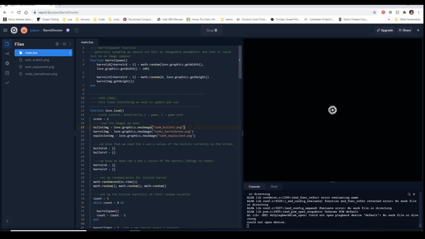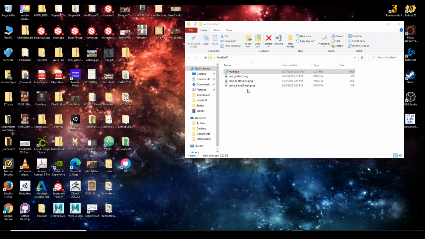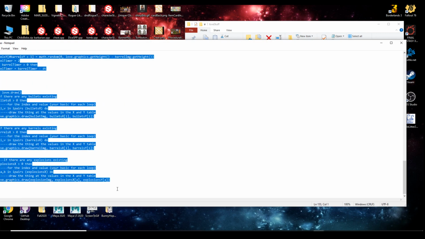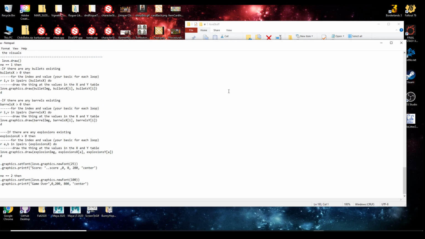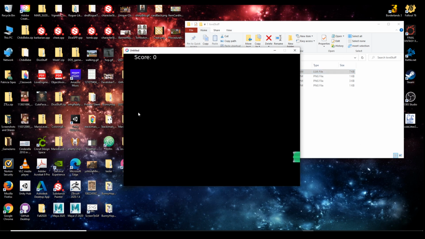I had this problem last night where for whatever reason this REPL's not a happy camper. So let's just do this the dumb way, or I guess the smart way, depending on what you're doing. What we're making today is just a very simple, yeah, the barrels are super menacing, right?